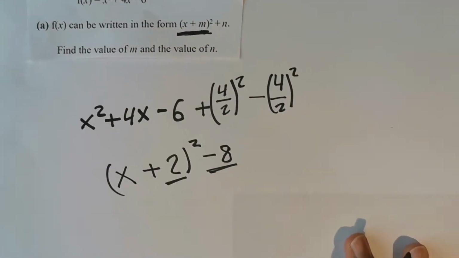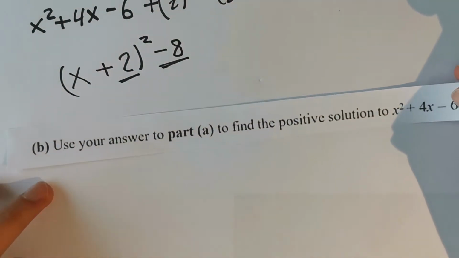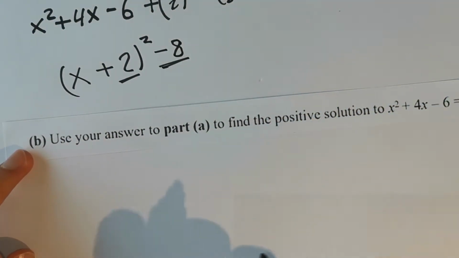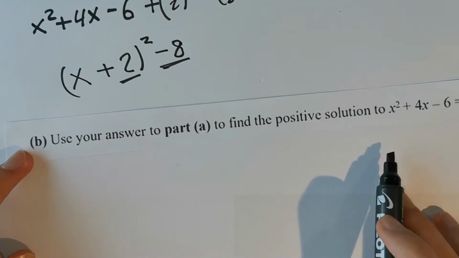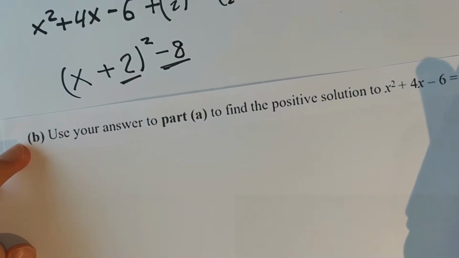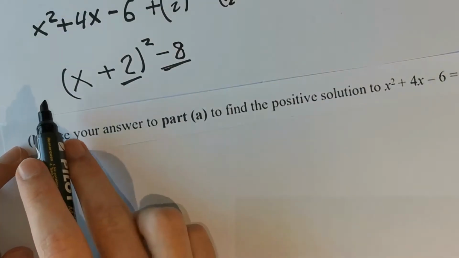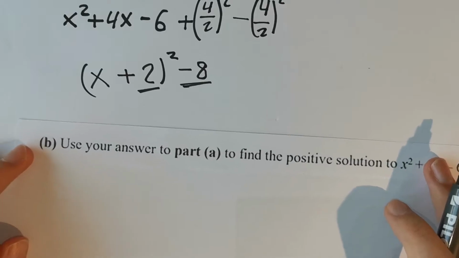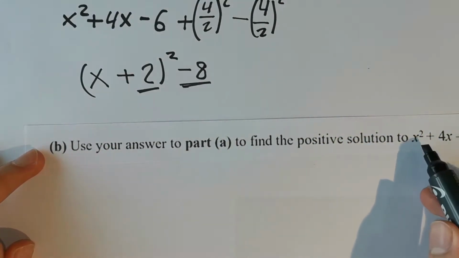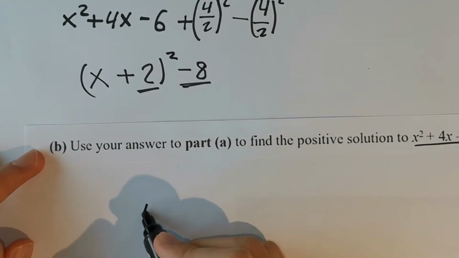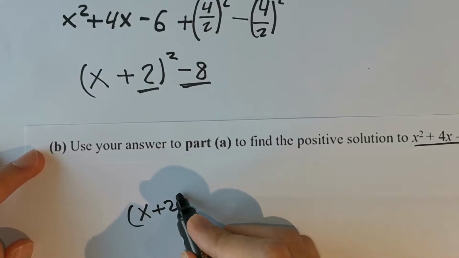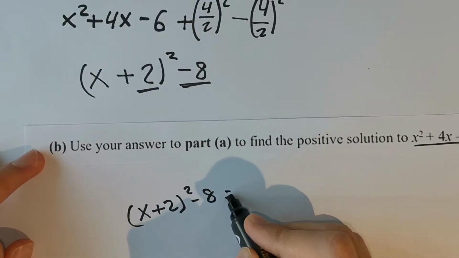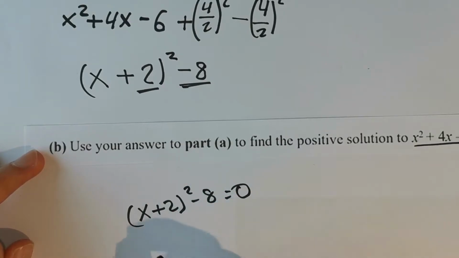Okay, so next question will be part B. Use your answer to part A to find the positive solution to x squared plus 4x minus 6. So we have here the completed square, so we can just use it here. (x plus 2) squared minus 8 is equal to 0. We can solve the equation for x. (x plus 2) squared